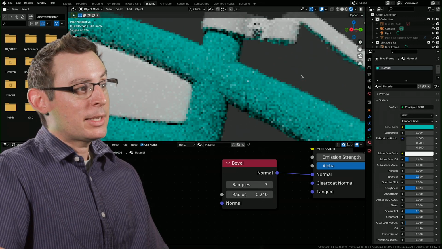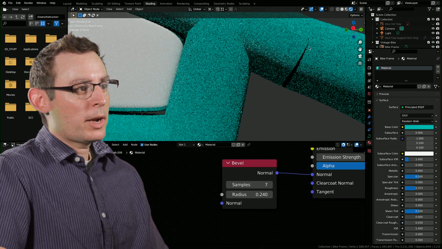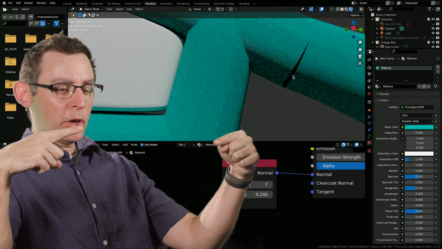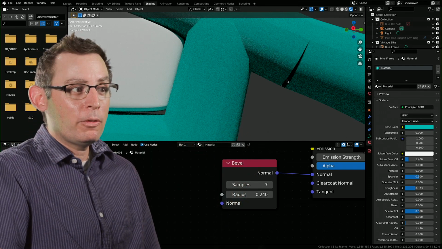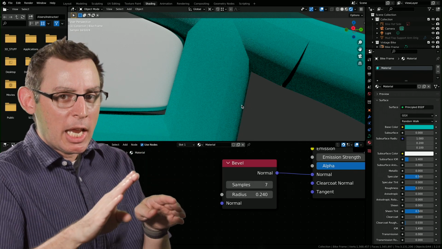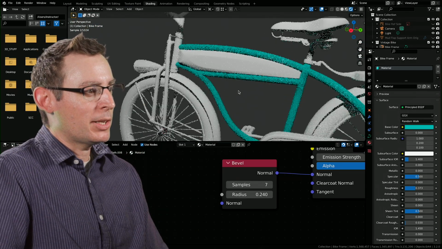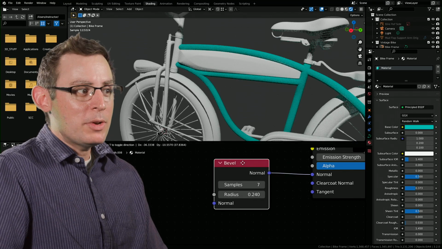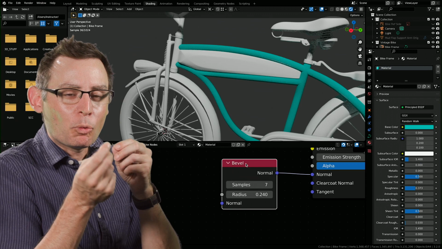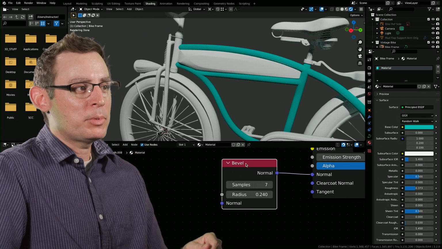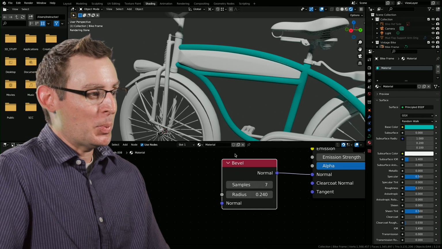Now, it's not entirely magical. This is kind of a product of my modeling. These are two different curves that didn't line up quite perfectly, so it's not going to fill the gaps, but it is going to shade across all these areas. And I think the results are pretty stellar. So this bevel or rounded edge shader is really, really neat. It allows us to create rounded edges over all of our objects without having to go in and do it geometrically, which is also pretty neat.